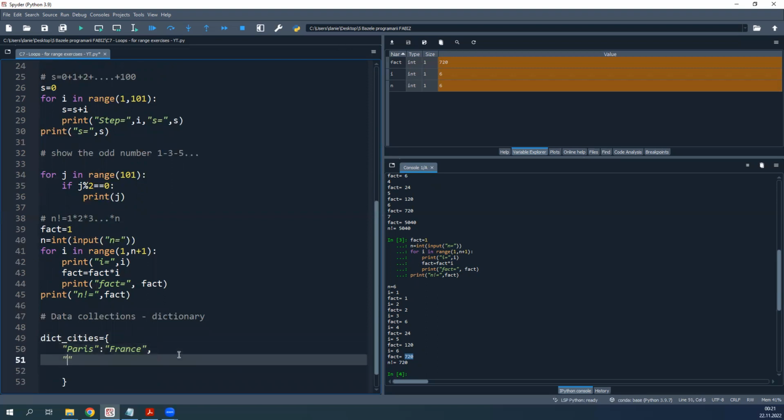Okay, the next, this is the key. Paris is the key for our dictionary, and this is the value, France. These key value pairs are separated by comma. Next key should be London. London, this is the key, colon, and the value should be UK, comma, another city, let's say Lyon. This is the key, colon, and this is the value. This is also from France,